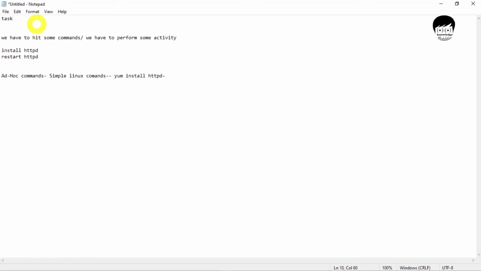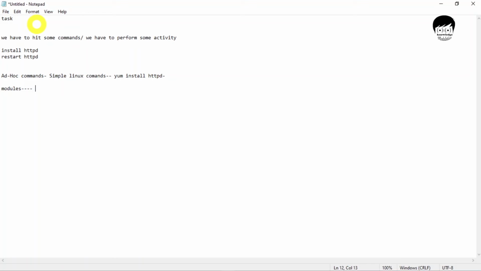There is a lot of documentation on Ansible's official website, so you can refer to that. The second part is modules. In modules there are a number of commands we can put together, and they can perform simultaneously. In ad hoc commands, at a time we can hit only one command, and in modules we can perform many tasks, or many commands one by one.